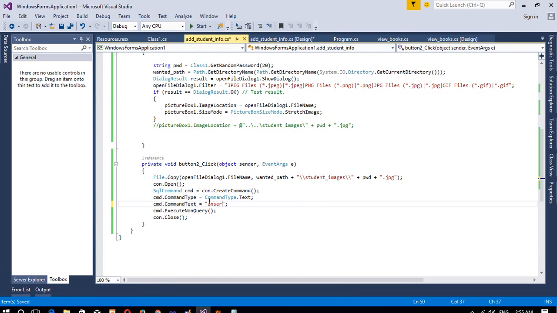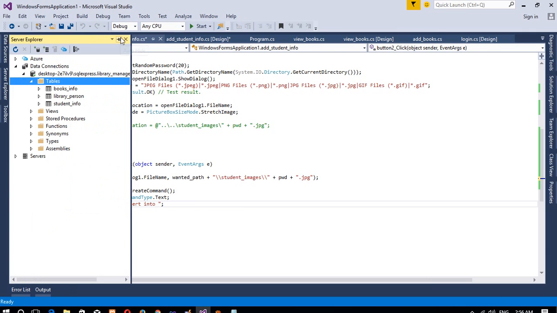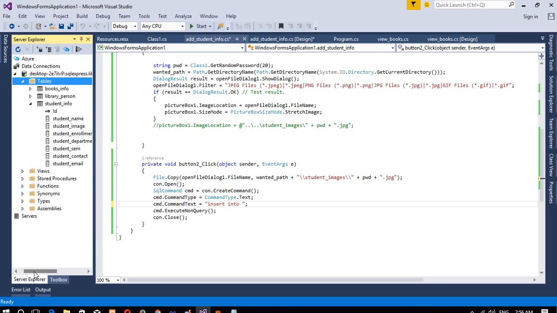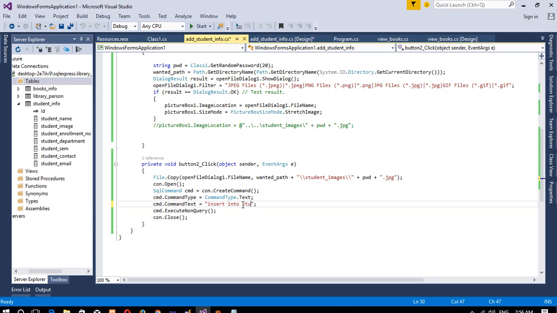Now here we need to pass the insert query, insert into. This is very difficult, so when you are writing this, please check 2 and 3 times. Student_info values, and we need to pass 1, 2, 3, 4, 5, 6 and 7 parameters. So 1, 2, 3, 4, 5, 6, 7, double quotes, plus plus, copy, paste, paste, paste,